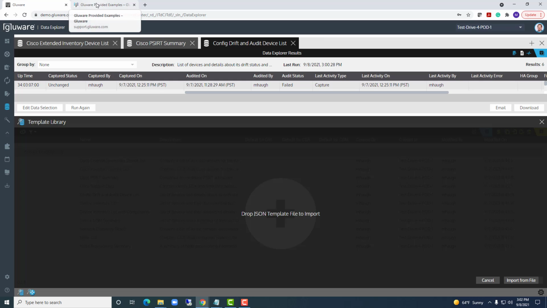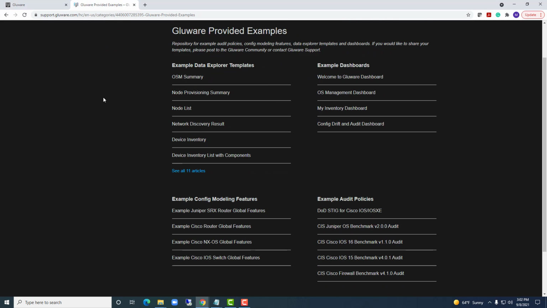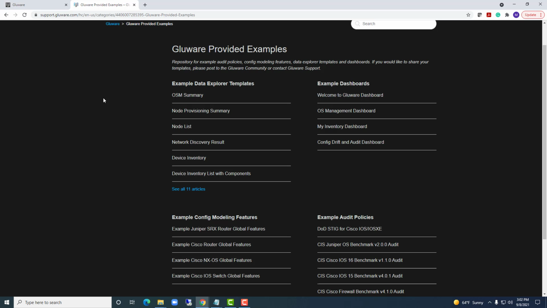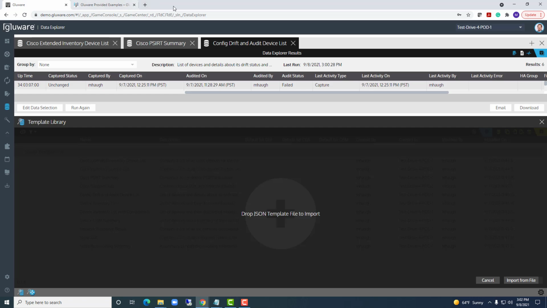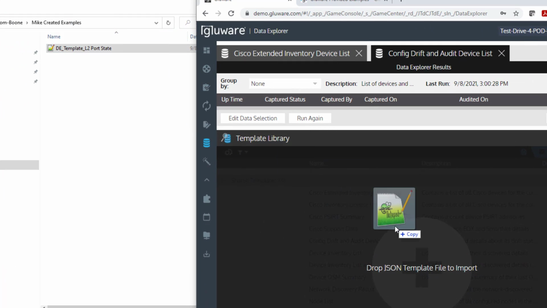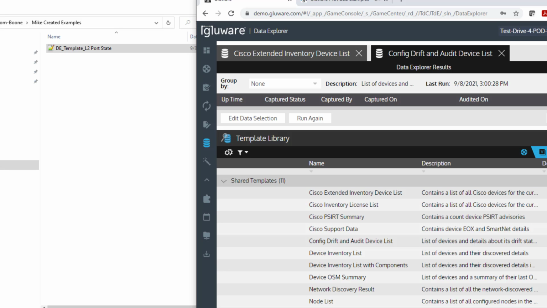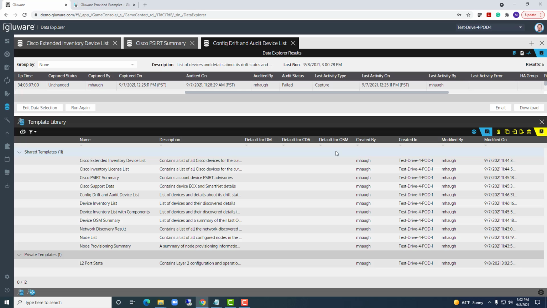And as I mentioned already, from the Gluware support page, if you don't have these in your system, you can download the example data explorer templates. These are in a JSON format. So let me just scroll over and drag and drop a template that I want to add to my system, and I'll click OK. So it's just that easy to import new templates,